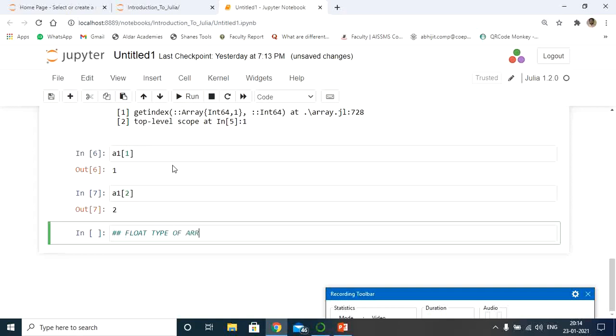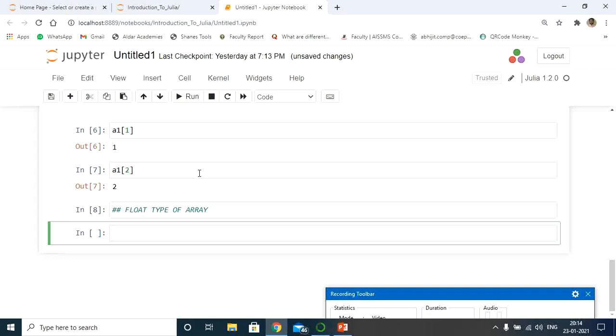As far as float type of array is concerned, we can have floating values in the array. I'll create one more new variable, say a2, and assign some values, like 1, 2.0, 3.0, 7.0, and in the same way 9.0 or 9.12 here.